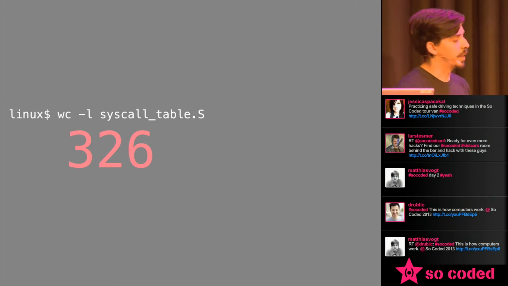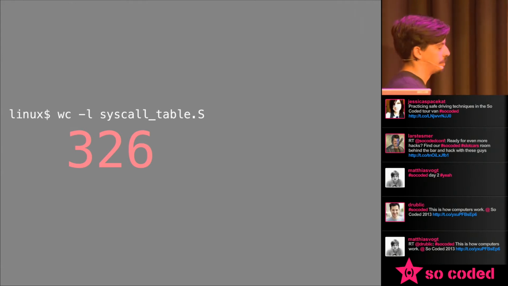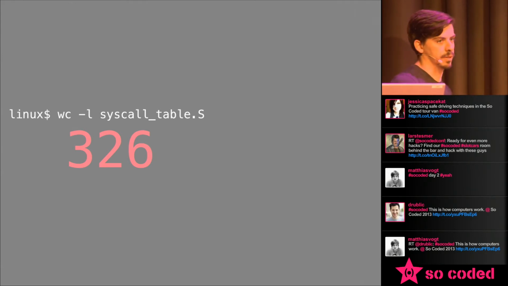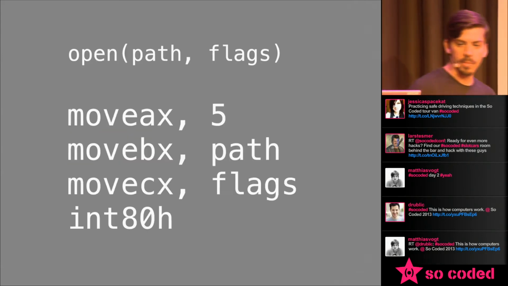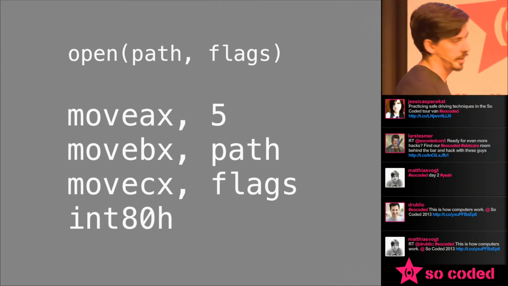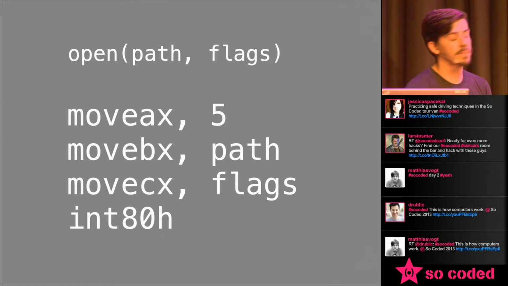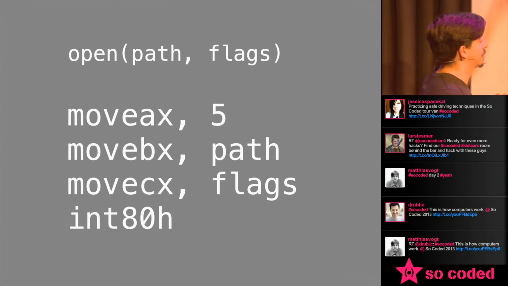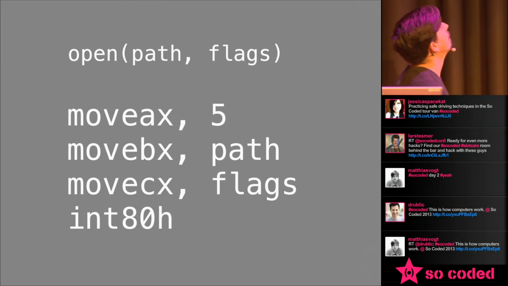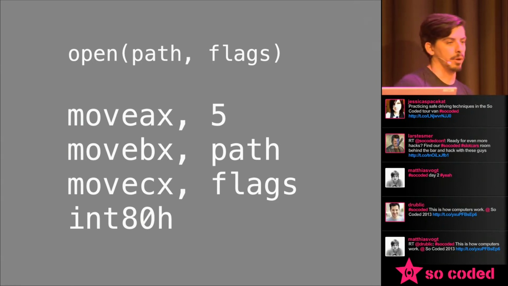So how do we make system calls? I was talking a little bit before about how we switch modes and call into the kernel. This is the actual assembly. This is x86 assembly in Linux. This is for the open system call. There's a little bit of formatting there; there's supposed to be spaces after the moves. So this is the open system call where you open a file at a path and you get a file descriptor back that you can talk about.